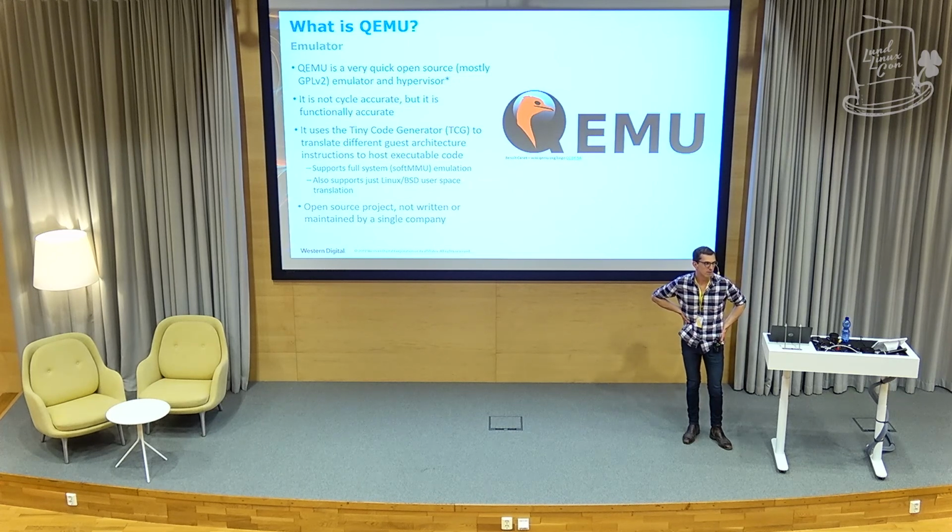And then you also have this user mode, which works on Linux and BSD. That's where you have your RISC-V application, so something I've built to run on my RISC-V CPU in Linux. I can run it on my host PC, and it translates the instructions from RISC-V to your host, and you use the host's kernel for the system calls. So you can just run user-space applications without a kernel. And that's used a lot in compiler testing. So if you're a GCC person, you build your application, and then you run it on your host PC.